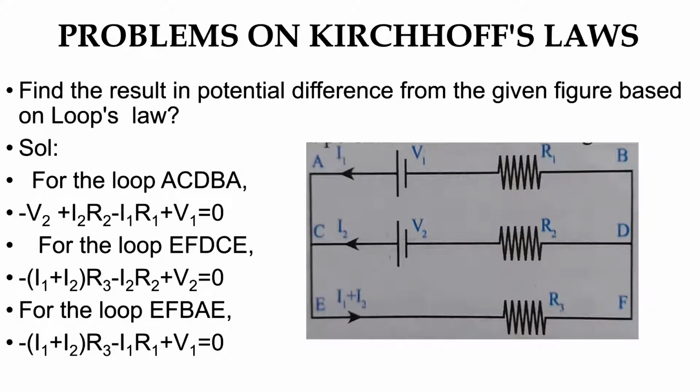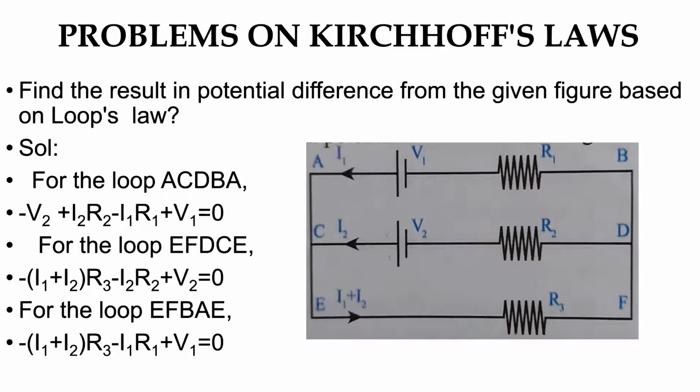In our previous session, we had seen Kirchhoff's laws. One of Kirchhoff's laws is the loop law, which states that the algebraic sum of the increases and decreases in potential difference across various components of the circuit in a closed circuit loop must be equal to 0. And the loop law, as you all know, is based on conservation of energy.